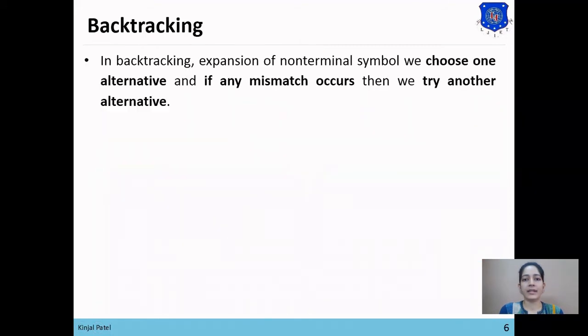So in backtracking, for the non-terminal symbol we choose one alternative, and if any mismatch occurs, then we try another alternative. So here is the example. S produces CAD and A produces AB or A. So you can see in second level, in two alternatives, there is a common prefix. So backtracking will occur. So first, we'll start from the starting symbol.